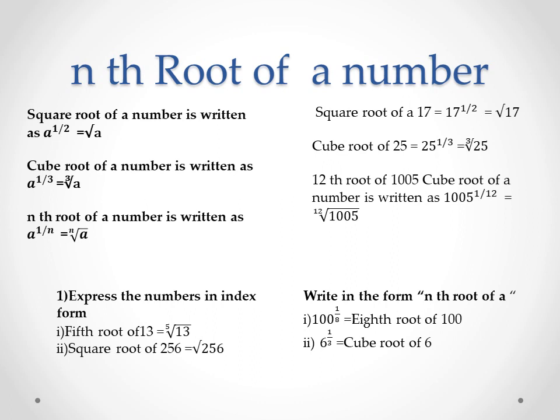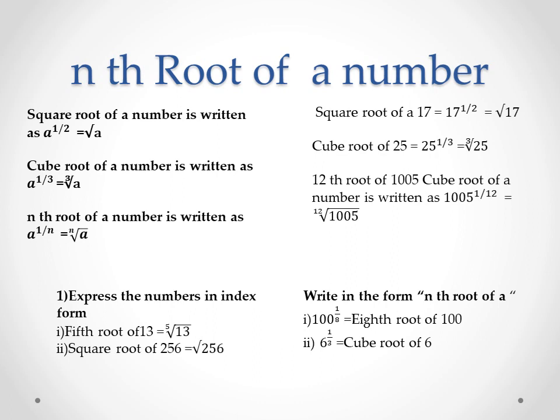What is given there? Express the number in index form. Index form means you want to write using the root symbol. 5th root of 13. Which root is given? 5th. 5th means the number is 5. Therefore, outside the root you want to write it in between that V sign. Which number do you want to write? 5. 5th root of 13. Square root of 256. Then the square root sign, and below that we want to write 256. Remember here, when the number outside the root sign is not given, then it is always considered 2.